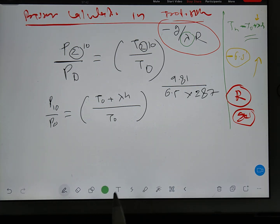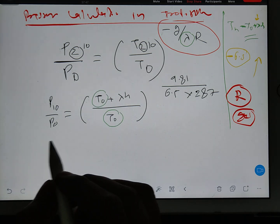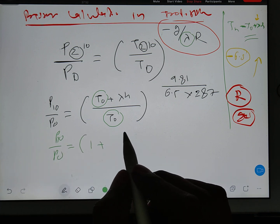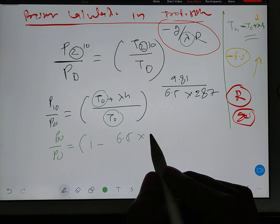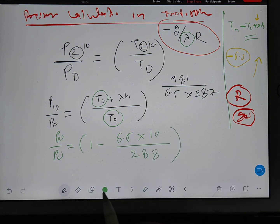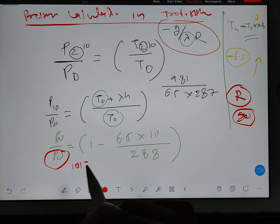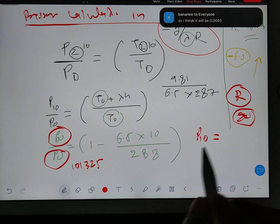For better calculation you can simplify this. So P10 by P0 is equal to 1 plus lambda value, which will make it negative, so 6.5 into 10 kilometer, divided by T0 value 288. If you solve like this, your solution will be closer to the decimal point. Then this P0 value you have to put as 101325, then this P10 will come as